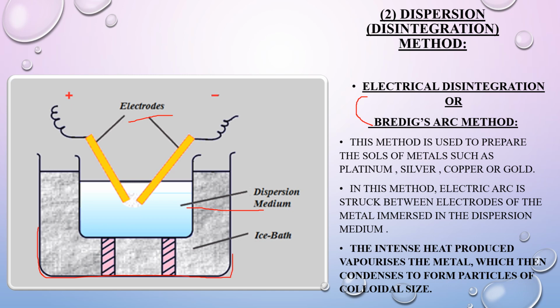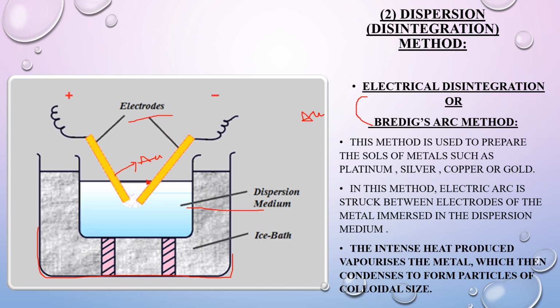Now what will happen if we have to prepare the sol of gold? Suppose we have to prepare the sol of gold. Then the electrodes which are dipped in this dispersion medium must be gold electrodes. The rods of gold must be dipped in this dispersion medium. Now what will happen as the reaction starts, as the flow of electrons starts from the negative terminal, the negative terminal is the anode and the positive is the cathode, the gold will get deposited,